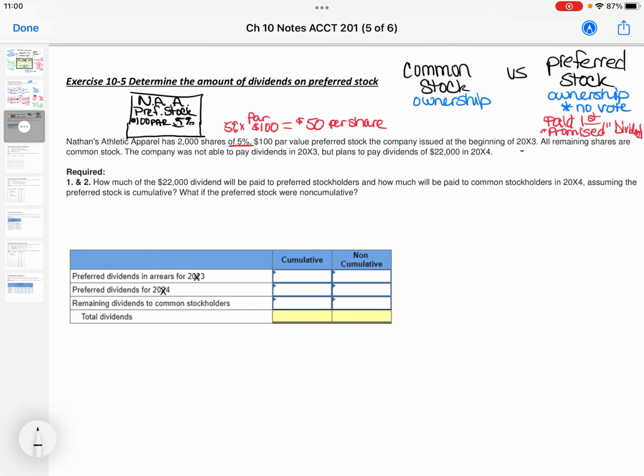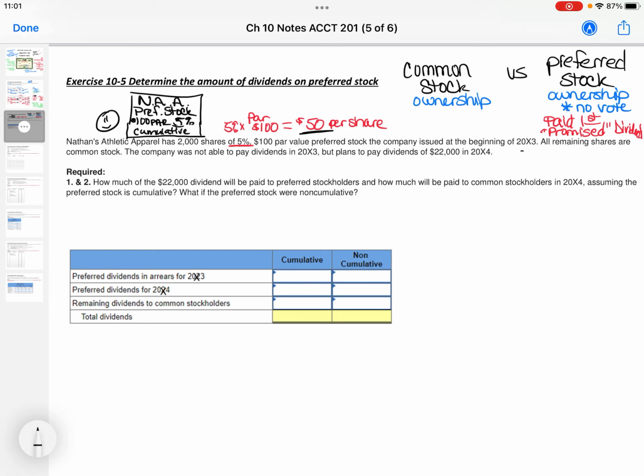Dividends are not guaranteed. Now, what happens is we have cumulative and non-cumulative, which means if this share of stock, and we'll go with the first one, is cumulative, that means if I don't pay you in the 1 year, which is year 3, I will pay you later. I'll catch it up at some point. So that's a really good share of stock. That's saying that, you know what, you will get your $50. You just might not get it in the year you're supposed to.